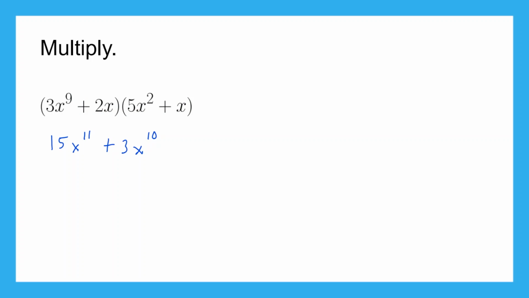So now we're going to do the 2x times each term in that second set of parentheses. So 2x times 5x squared is going to give us 10x to the power of 3, right? 2 times 5 is 10. x times x squared is x to the power of 3. So we're going to say plus 10x to the power of 3. Okay, good. Now lastly, 2x times x is 2x squared. So we're going to say plus